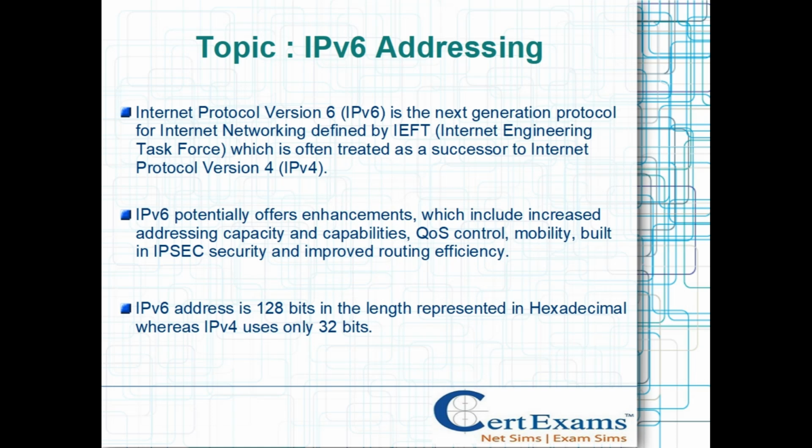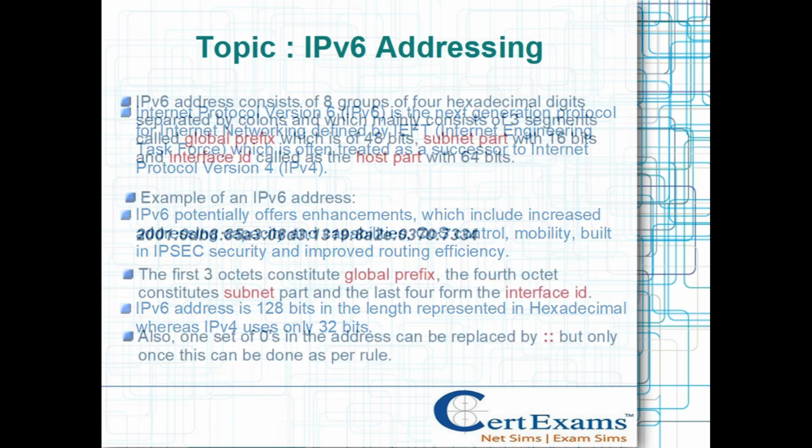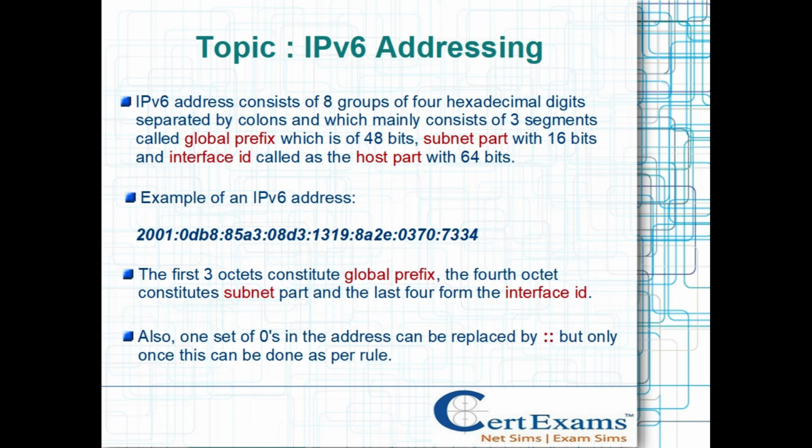An IPv6 address is 128 bits in length, represented in hexadecimal, whereas IPv4 uses only 32 bits. An IPv6 address consists of 8 groups of 4 hexadecimal digits separated by colons, and mainly consists of 3 segments called global prefix, which is of 48 bits, subnet part with 16 bits, and interface ID, called the host part, with 64 bits. Example of an IPv6 address: